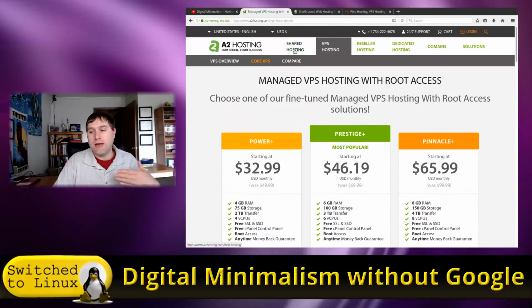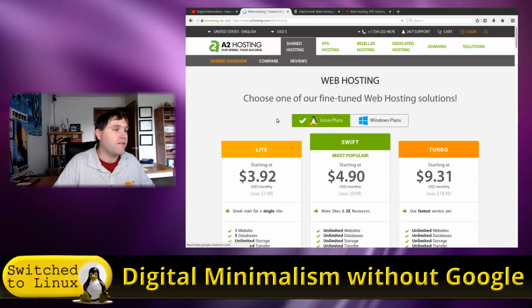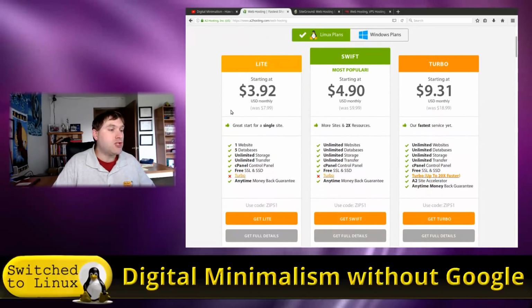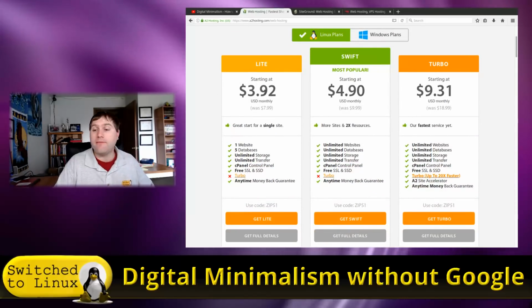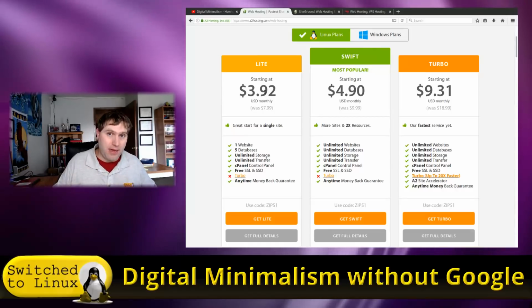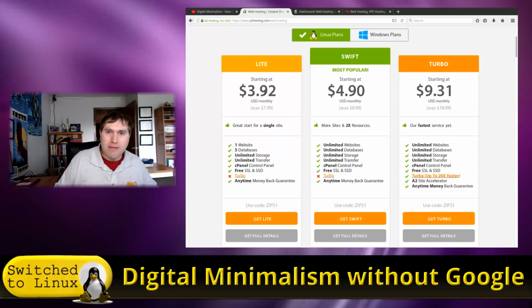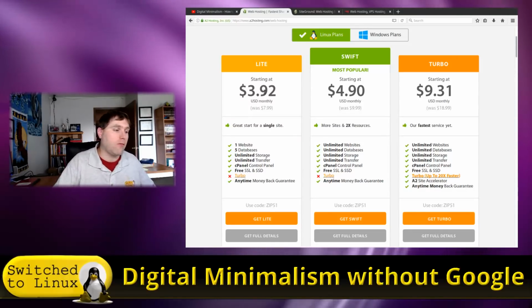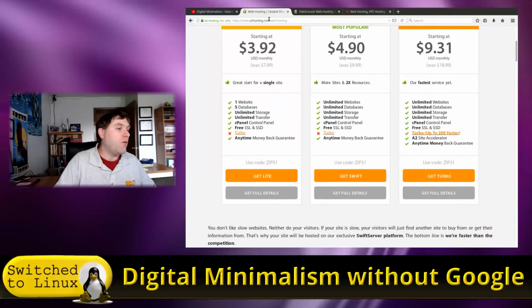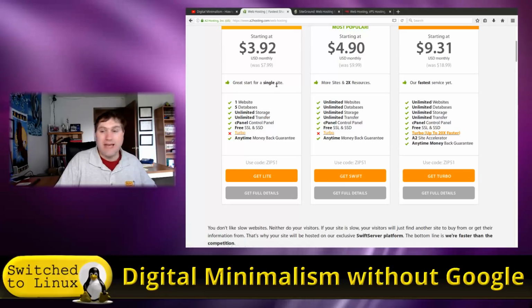If you're just doing a single family or a single person, you might think about doing a shared one with a dedicated IP. You want that dedicated IP because if you're doing it for email, you want to be able to whitelist your IP address. You don't want anybody else using your IP address. And so using their basic plan is going to be enough for getting a single family site running.